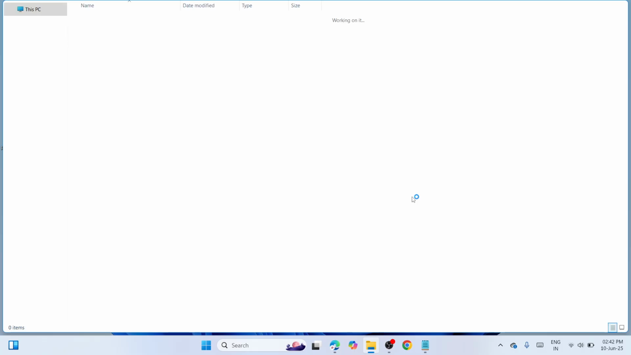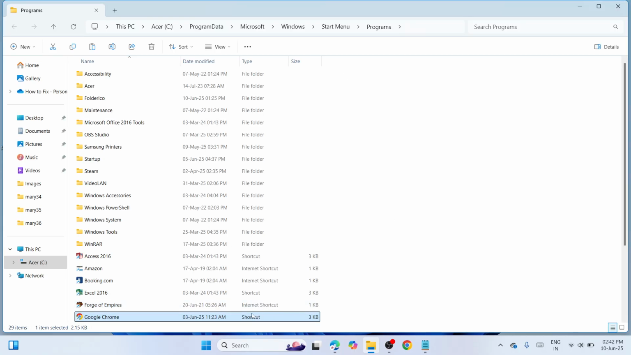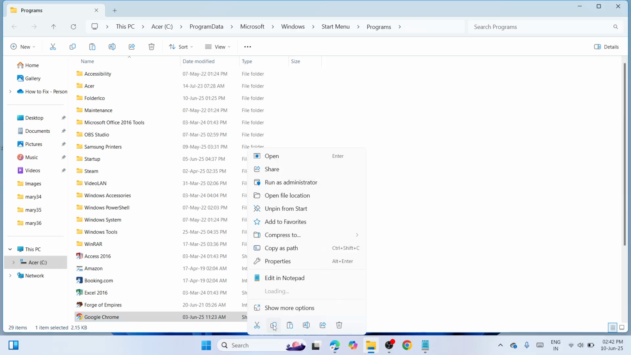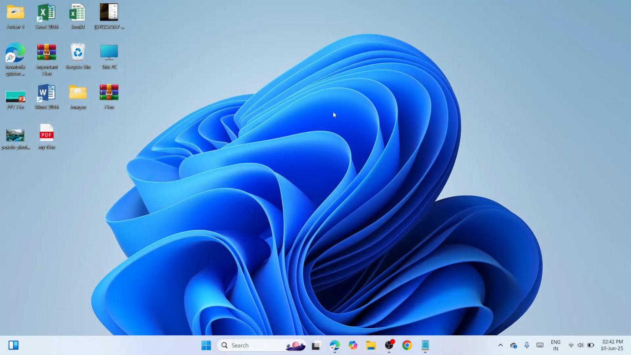The moment you click on it, you will be redirected to this kind of window, where you need to select the shortcut, make a right click, and click on this copy icon. Once done, close the window that opened, and here please make a right click and click on paste. Okay, so once you have successfully created a Google Chrome shortcut here at the desktop,